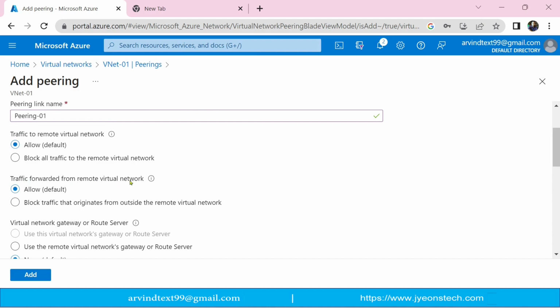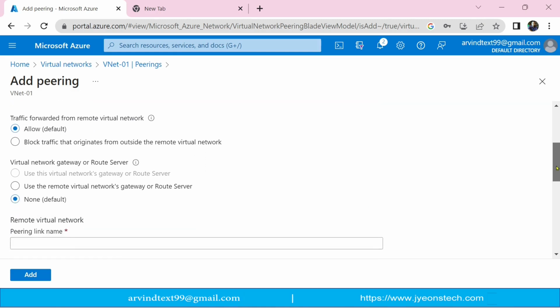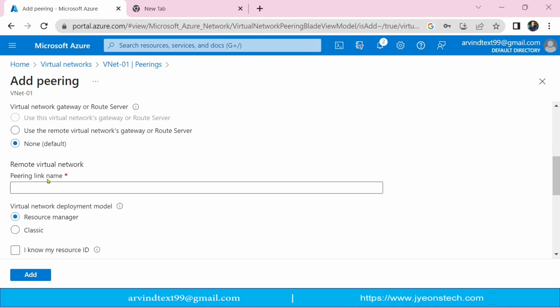Traffic forward to remote virtual network, just click allow by default. Virtual network to route gateway, so I'm keeping this as default. Okay, so it is asking for the peering link name. We are doing the first peering, and we are inside vnet 1, so I'm keeping the